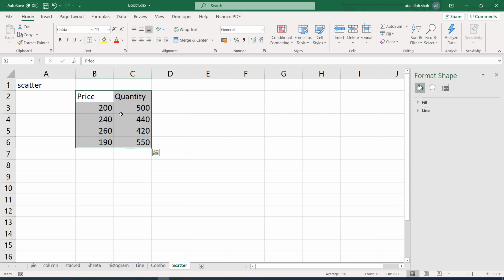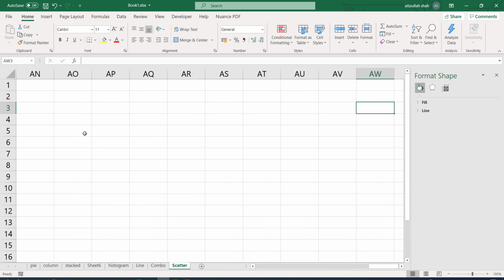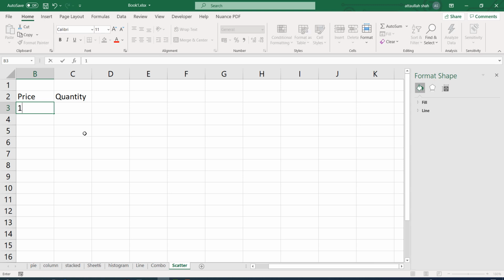So let's start with some data set. So assume that the price is 10, let's say the quantity demanded is 1000.